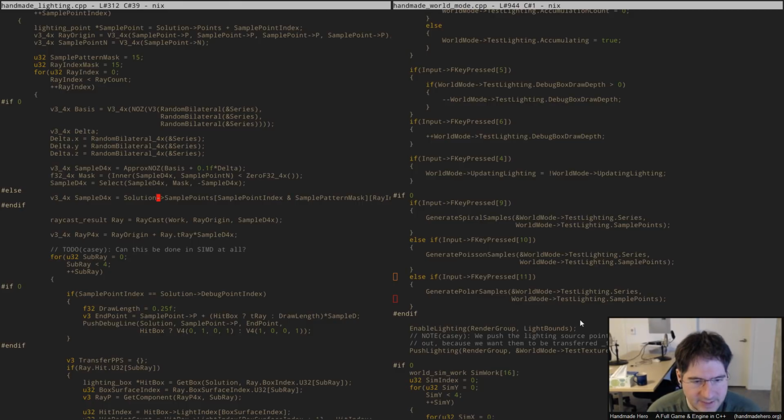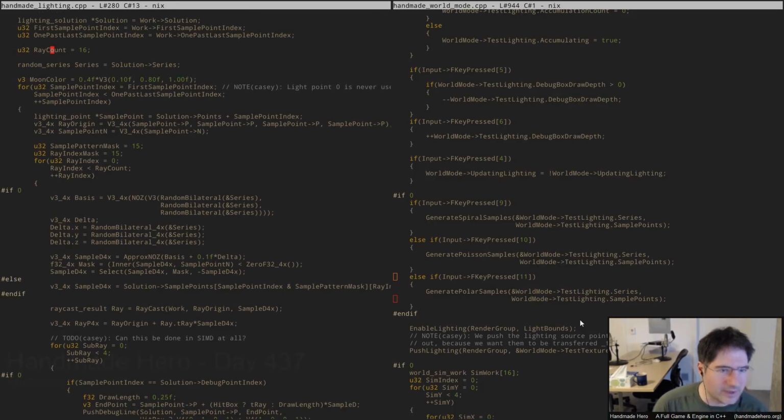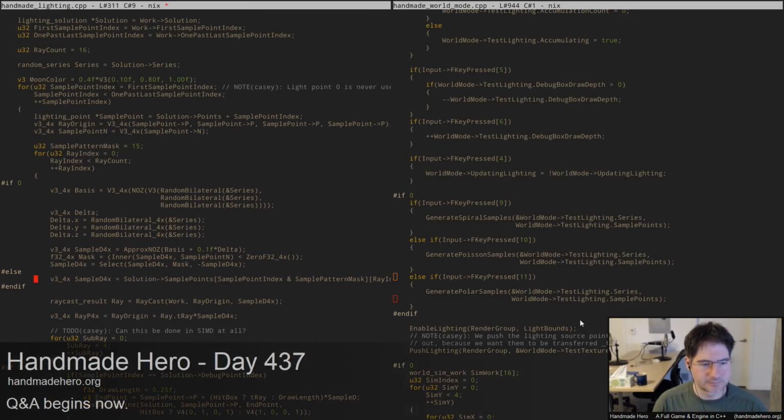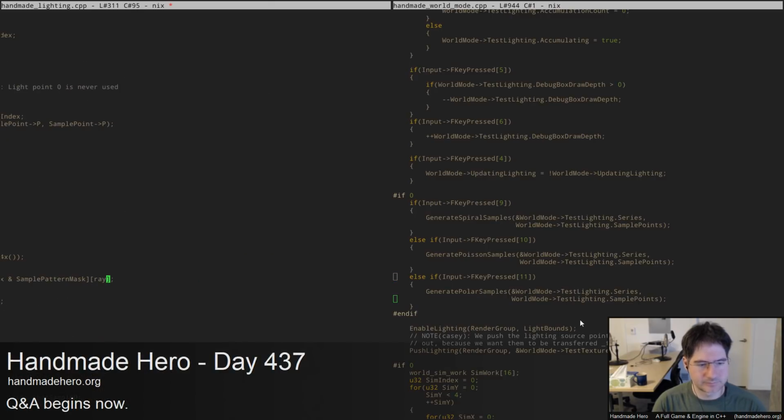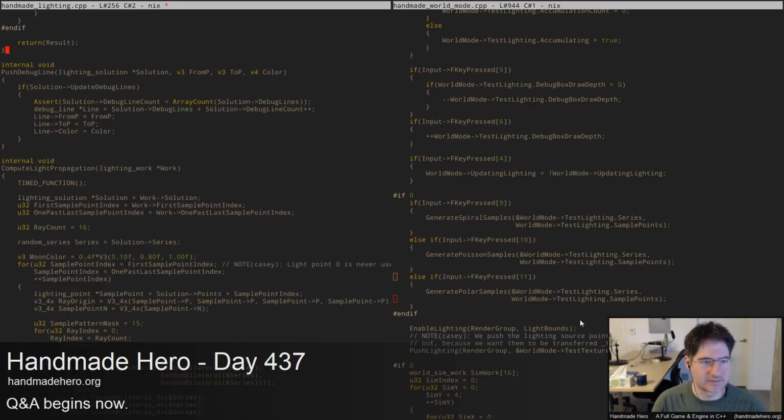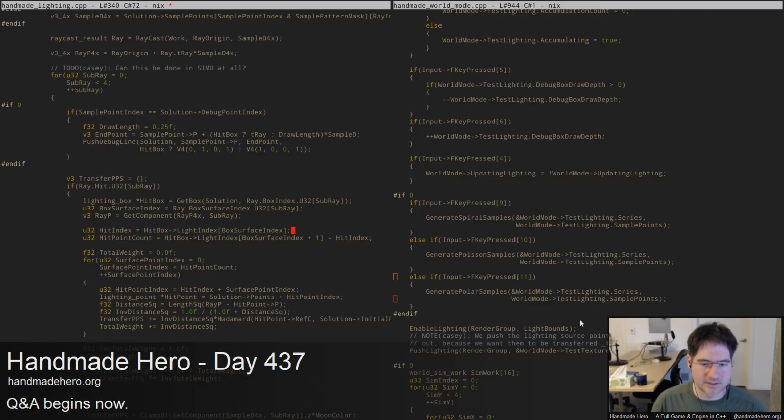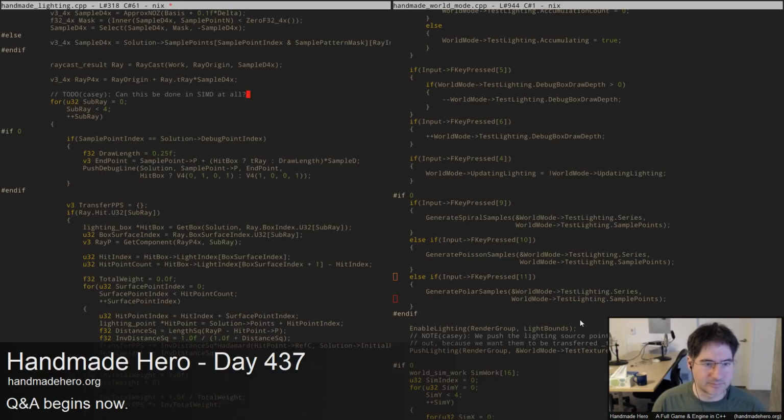Here, so once we have that, we know that the sample point normal, which is this thing here, we know that we need these things to be aligned along that sample point normal. And so in order to... why did I bother masking this? This is dumb. We know there's exactly that many. Yeah, that was stupid. Anyway,